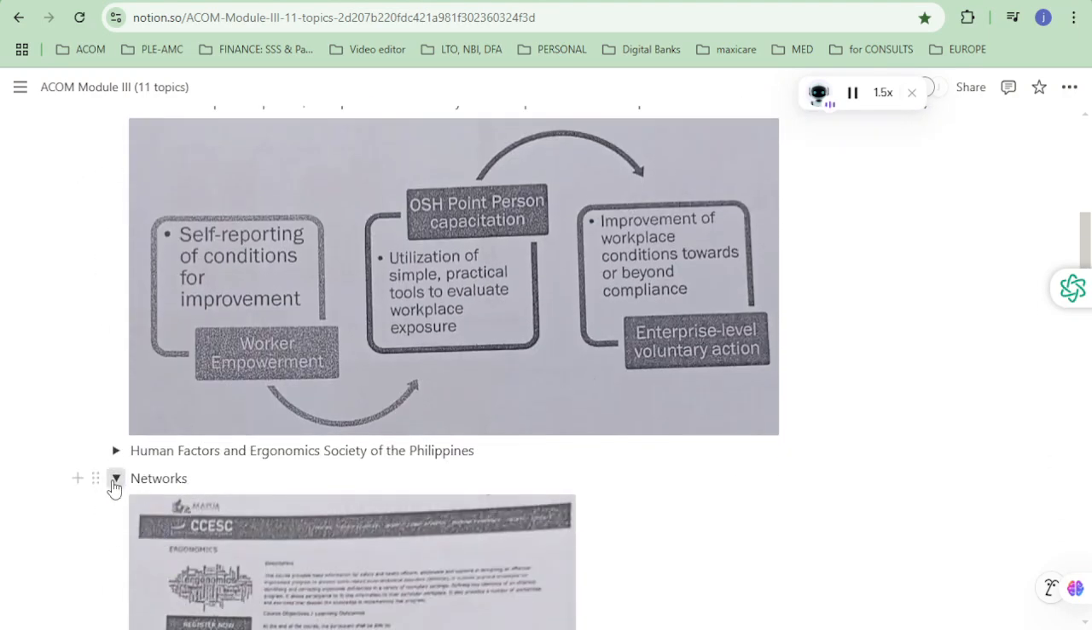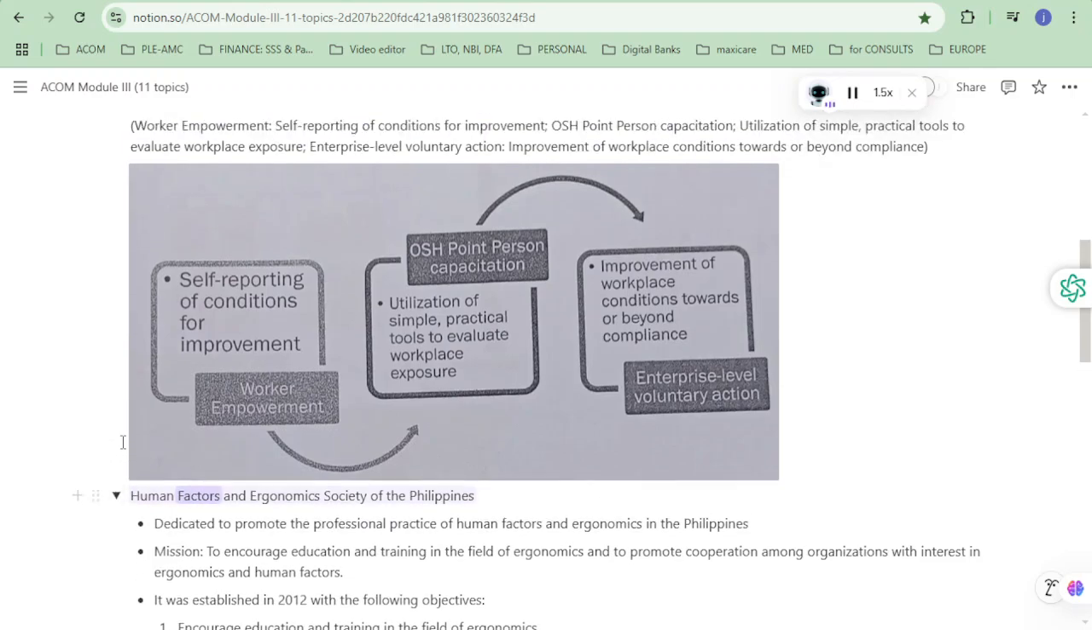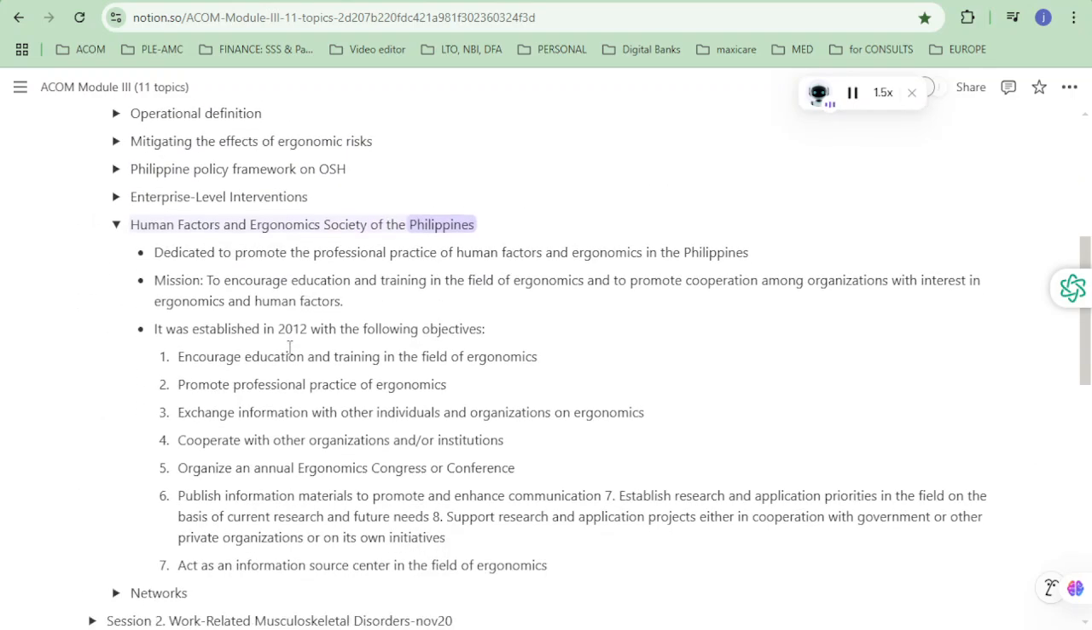Human Factors and Ergonomics Society of the Philippines. Dedicated to promote the professional practice of human factors and ergonomics in the Philippines. Mission: to encourage education and training in the field of ergonomics and to promote cooperation among organizations with interest in ergonomics and human factors. It was established in 2012 with the following objectives: encourage education and training in the field